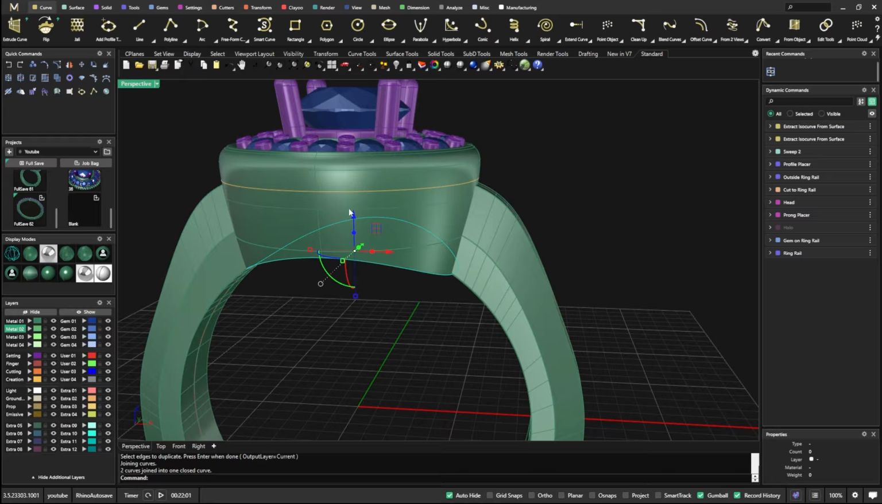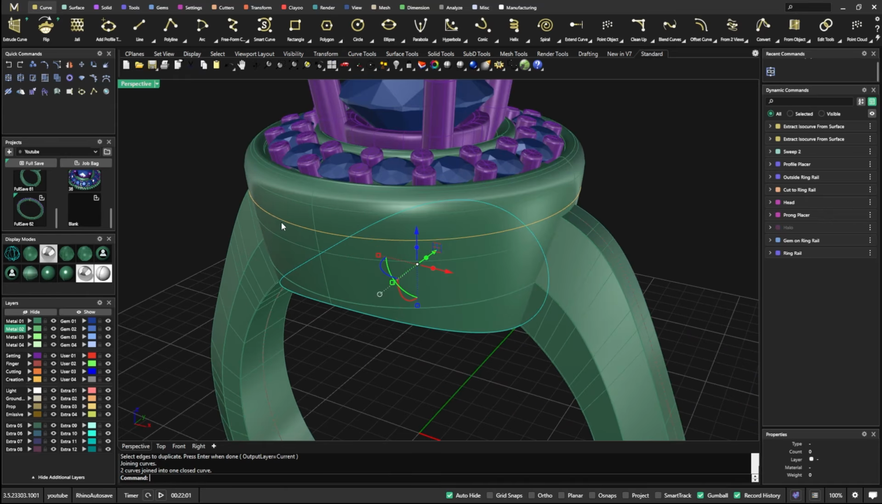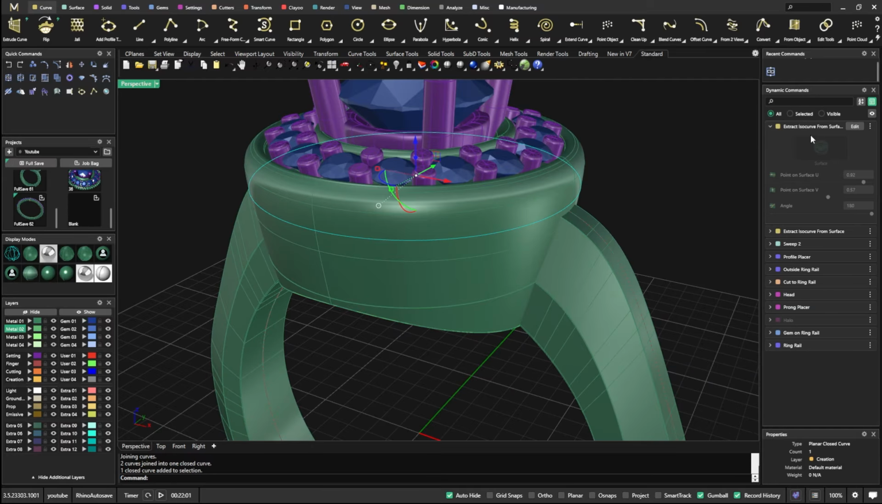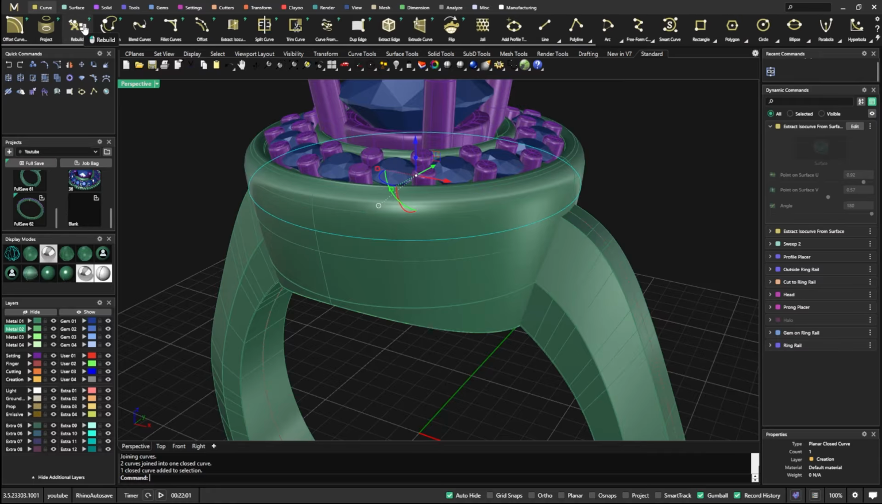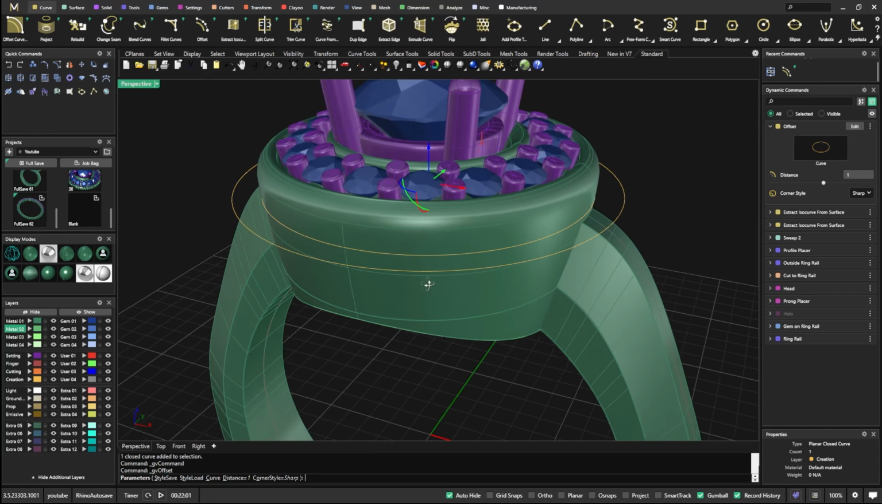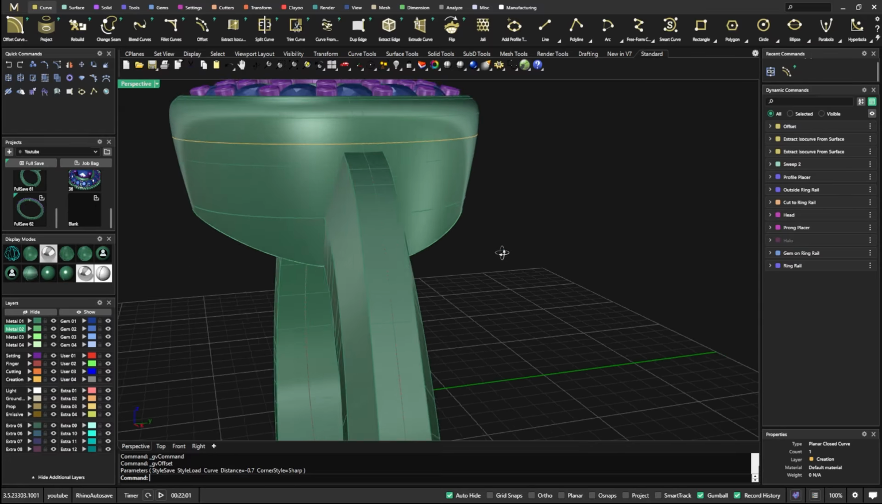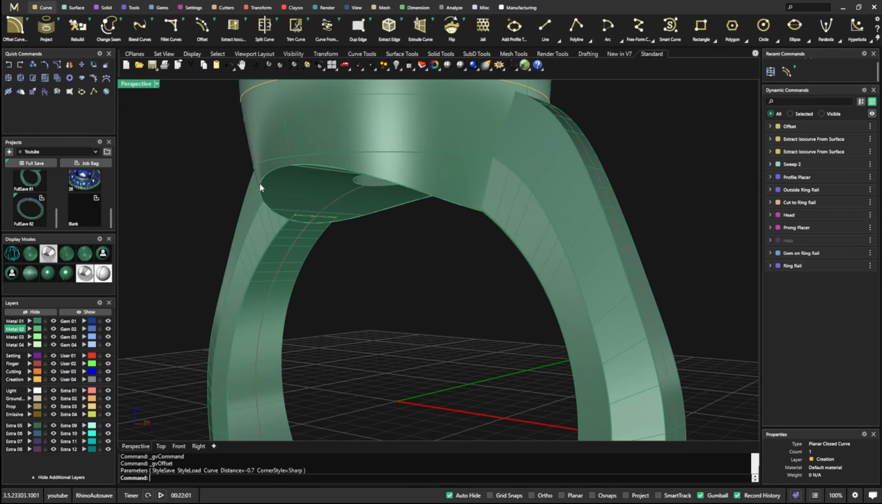Okay, now we have these, but we want to get a cutout on the inside, right? So what we can do is we can take this offset curve, which will give us an offset over here, or extract iso curve over here. And what we're going to do is offset it, but not to the outside. We're going to offset it to the inside, and whatever thickness you might want. I'm just going to take it to maybe a 0.67, and then I'll accept that right there. Now I have this curve down here,